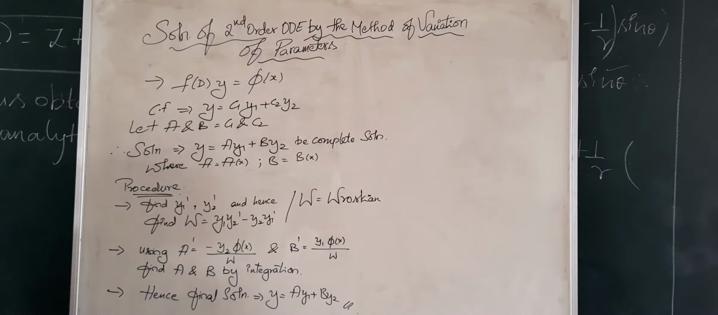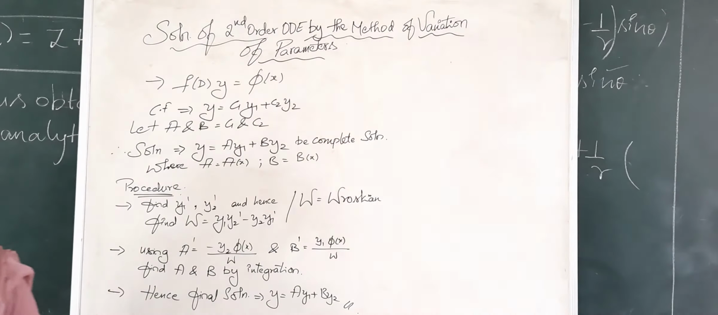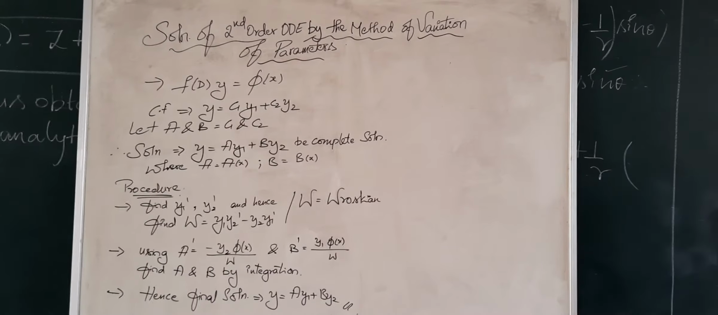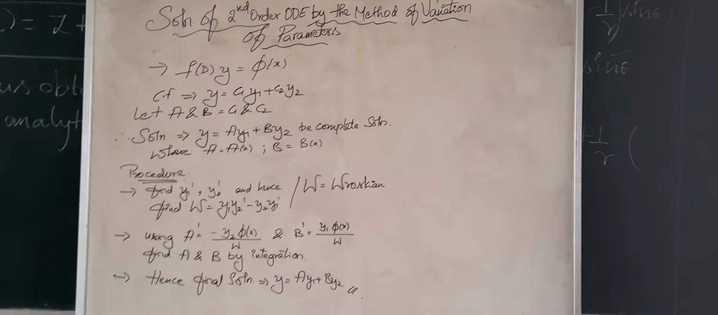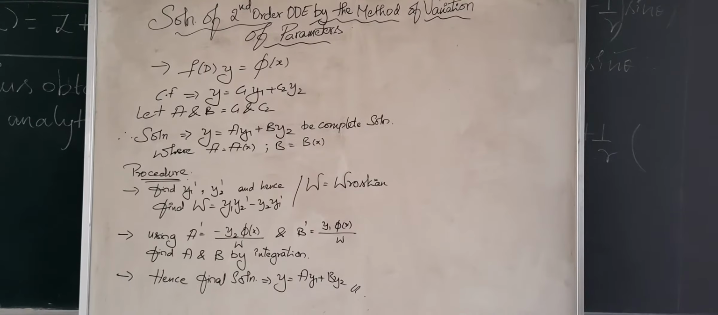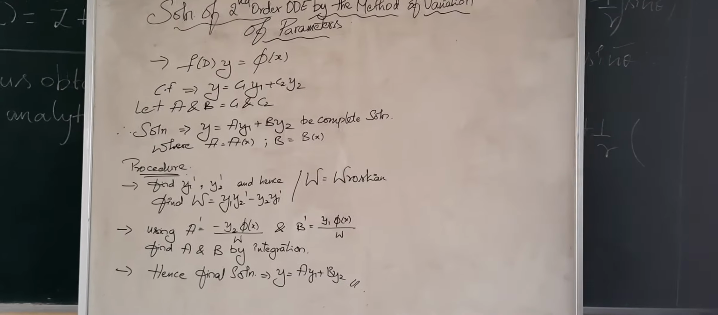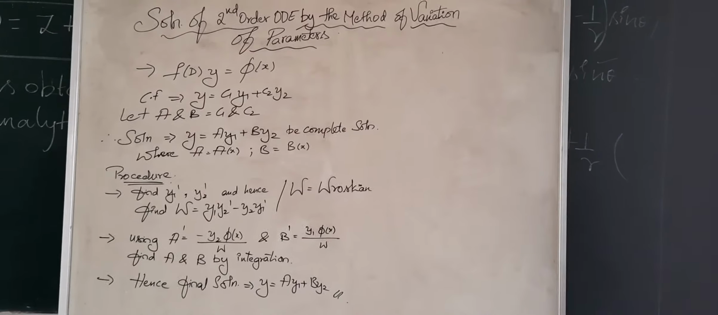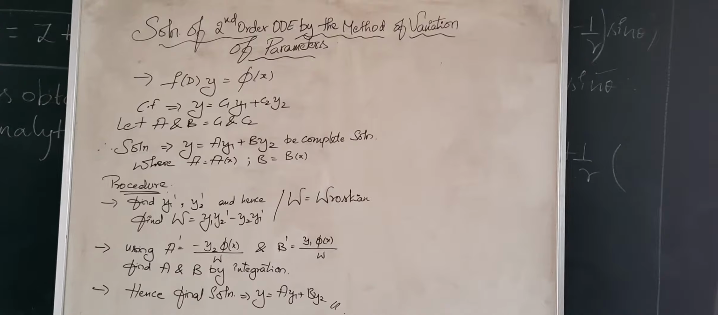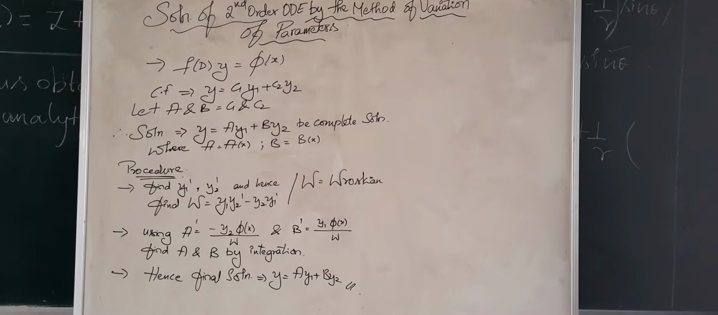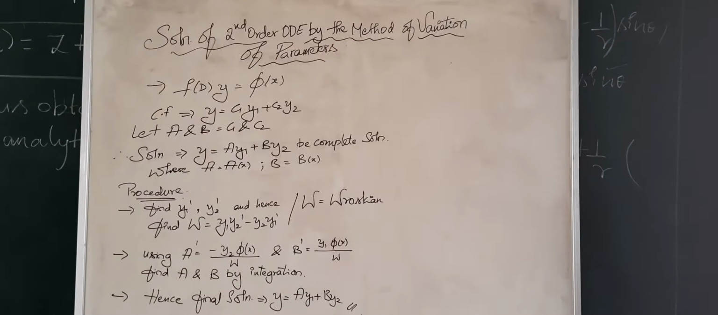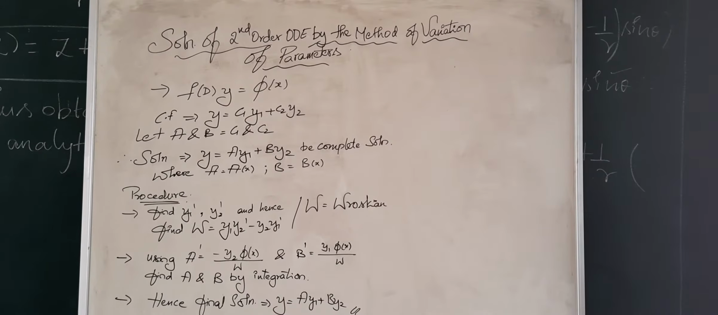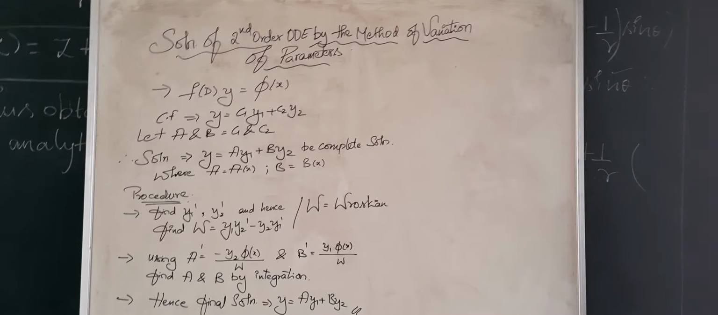You have to apply the same method if it is specified. We cannot change the name of the method. If it is specified variation of parameters, you should use variation of parameters only. You cannot use anything else. So what is the name of the method? Method of variation of parameters. Understood, guys? So let us see what this method says